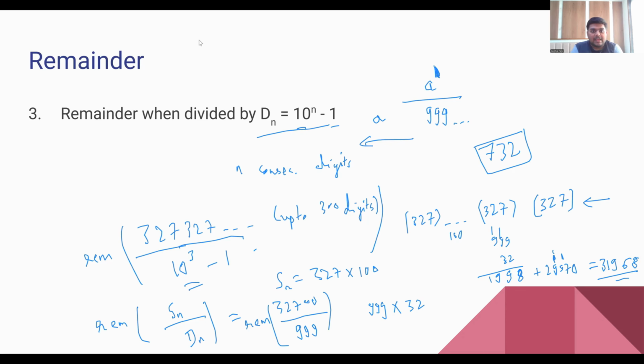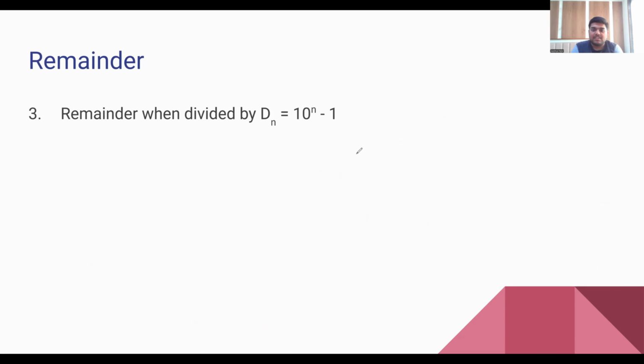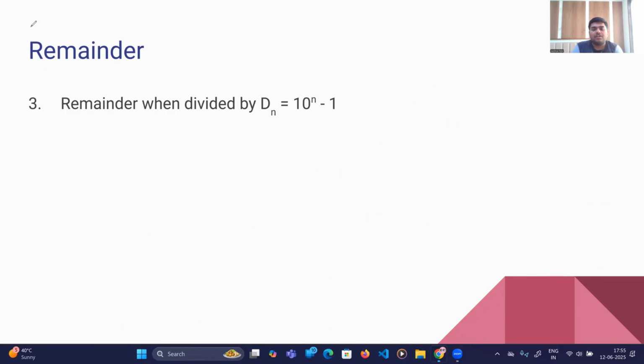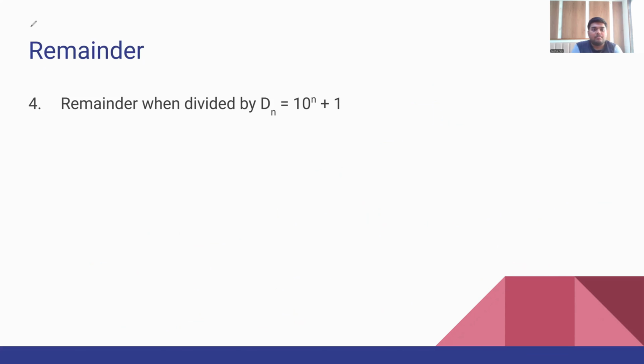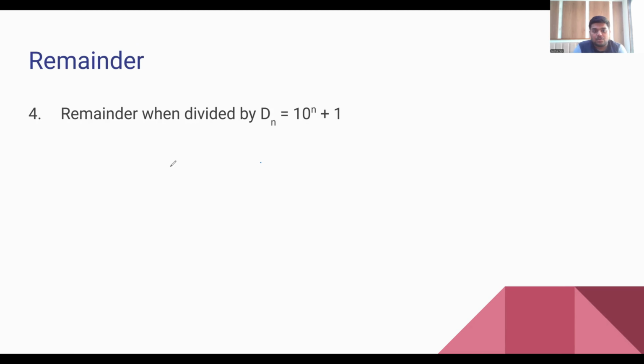Now there is another special case. We have seen for 10 to the power n minus 1. Now we will see for 10 to the power n plus 1. Now here the method changes slightly. So let us say the number is 327, the same number, 327 up to 300 digits divided by